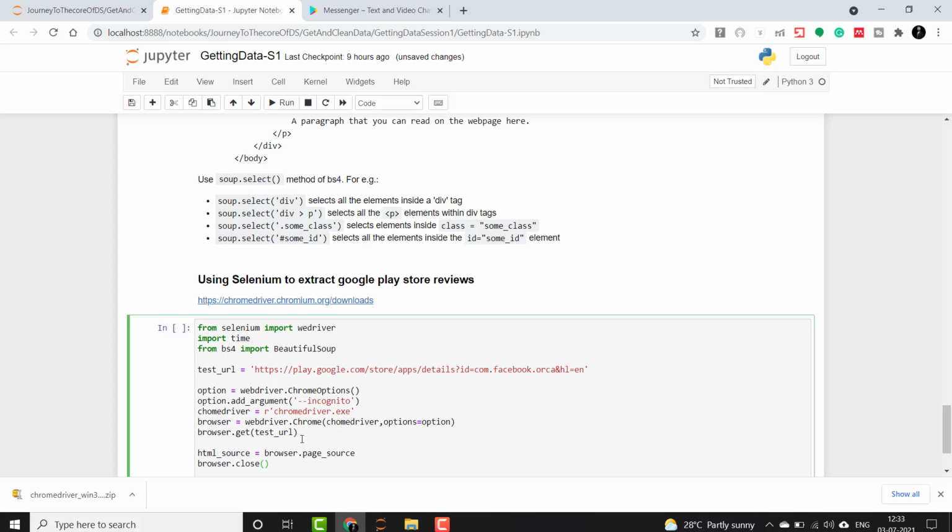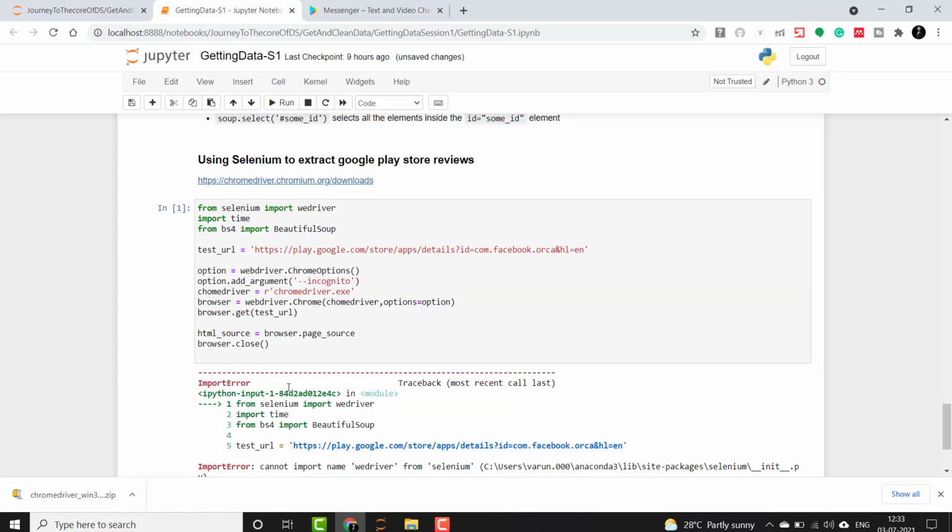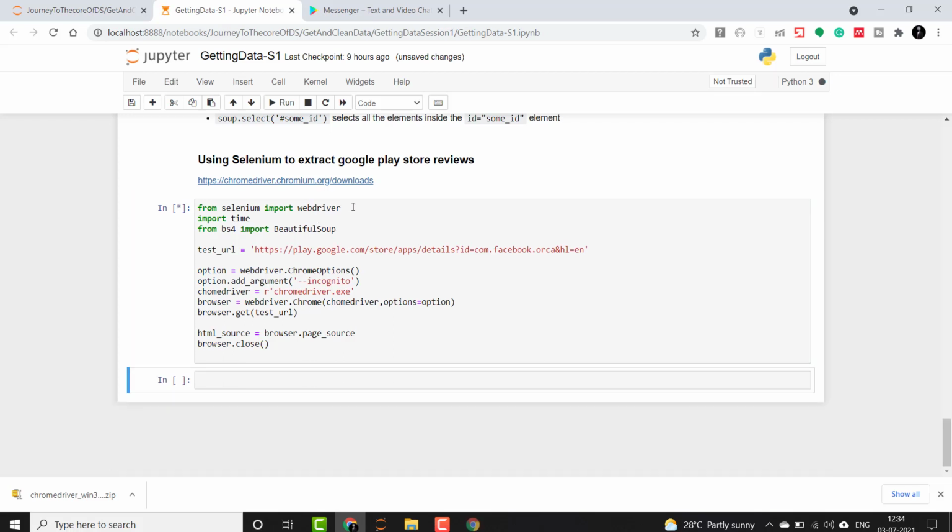Now when we run this, sorry, a typo. So when we run this, we'll have no errors, and then in the next section we will see how to extract authors, date and review content from it.